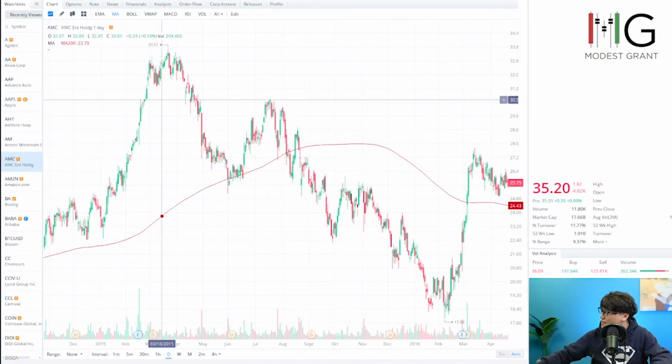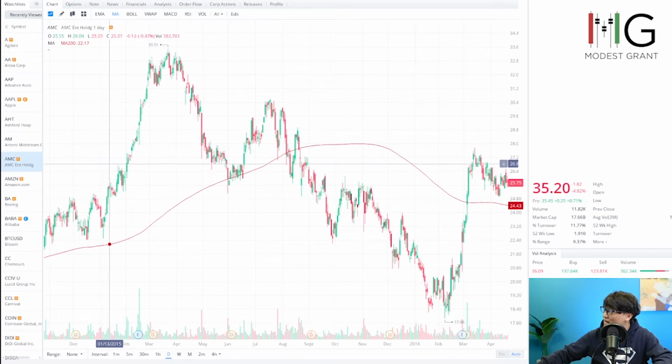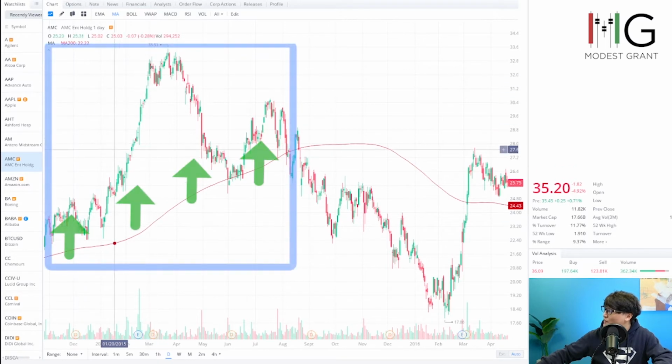This is AMC's chart right here, and you can see all of those candlesticks and all of the prices. And each candle has 4 different prices, but moving averages use the closing prices to calculate. If you're not sure what a candlestick is, and if you're not sure how we have 4 different prices on one candlestick, watch my candlestick tutorial. And now, all of these prices move up, and they are all above this red moving average, which is my 200 period moving average right here.